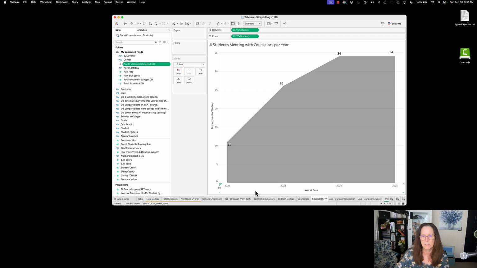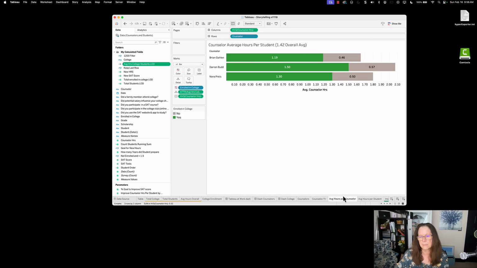I have a chart here that shows each year of the student's journey in high school. I had 11 students as freshmen that engaged with my counselor. When they were sophomores, I had 26 students, and then it jumped up to 34 students as juniors and seniors engaged with their counselor. It's interesting to see how many hours per counselor there were. I mentioned earlier that I had 1.42 as the overall average, and you can see here that Darren is greater than that. He's 1.5 hours per student, so he spent more time with his students, and the other counselors spent